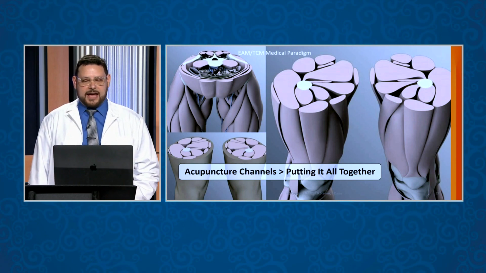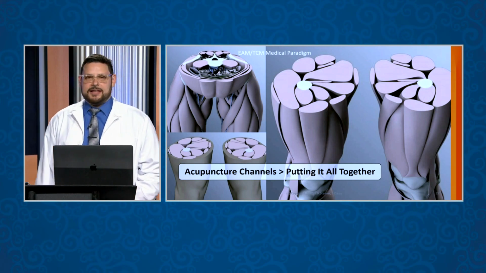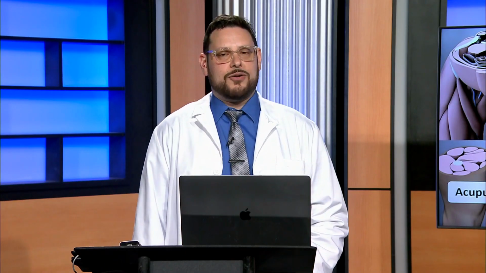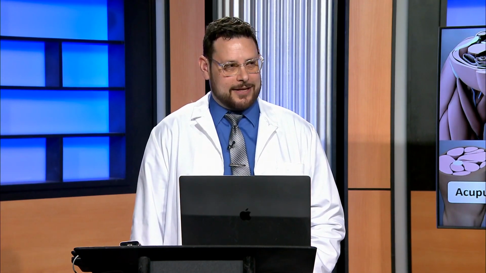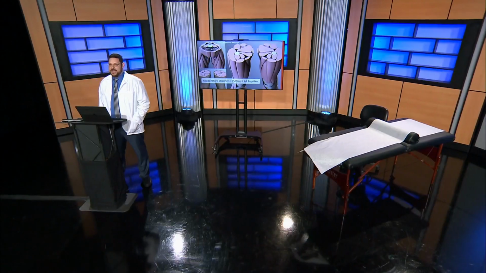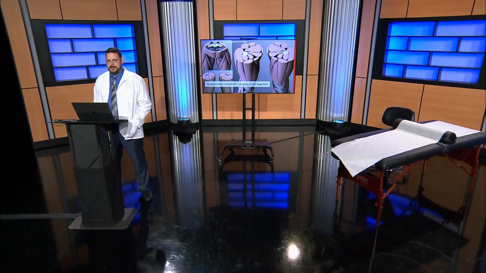What do I mean by that? I mean, stomach 1 is on my eye, and stomach 36 is on my leg. And because of that numbering system, I know that on the stomach channel, the Qi is flowing from my eye down the stomach channel to the leg. So that if I have a Qi deficiency in my eyeball on the stomach channel,